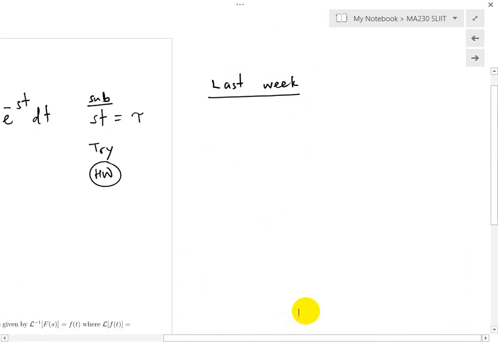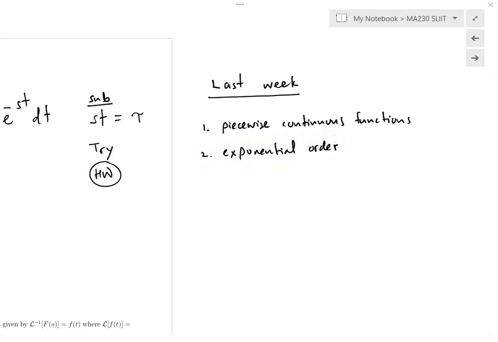So basically, we reviewed what we called piecewise continuous functions. Then exponential order. So basically what it means for a function to be of exponential order, simply this means it